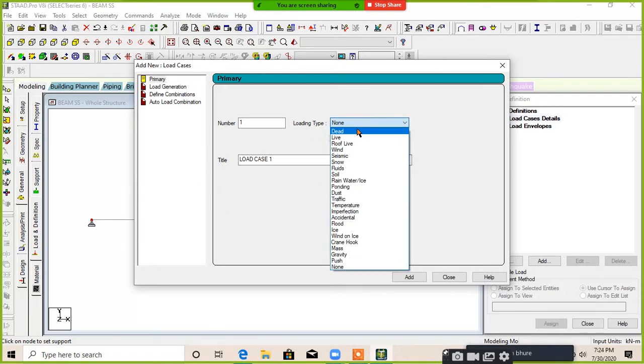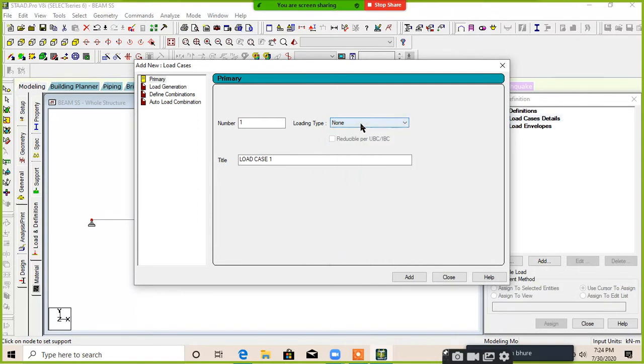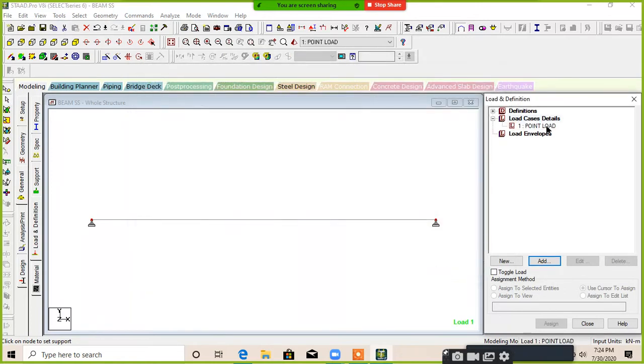If we are applying a dead load, live load or any other load, we have to take it. For the time being, I am taking none. And give a title as point load, because we are applying a point load on a beam. Add and close. Look at this, the new case is added, which is point load.